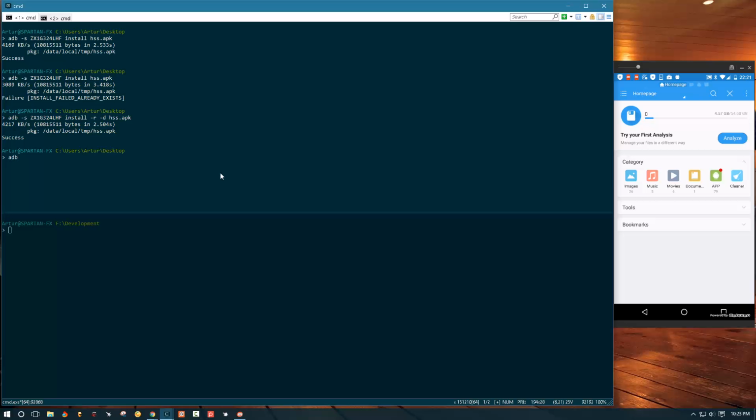So we're going to say ADB, and I'm actually not going to be using -s anymore because I only have one device connected, and I can drop the -s in this case because ADB will automatically know which device to use because there's only one device available. So I'm just going to say ADB shell dumpsys,